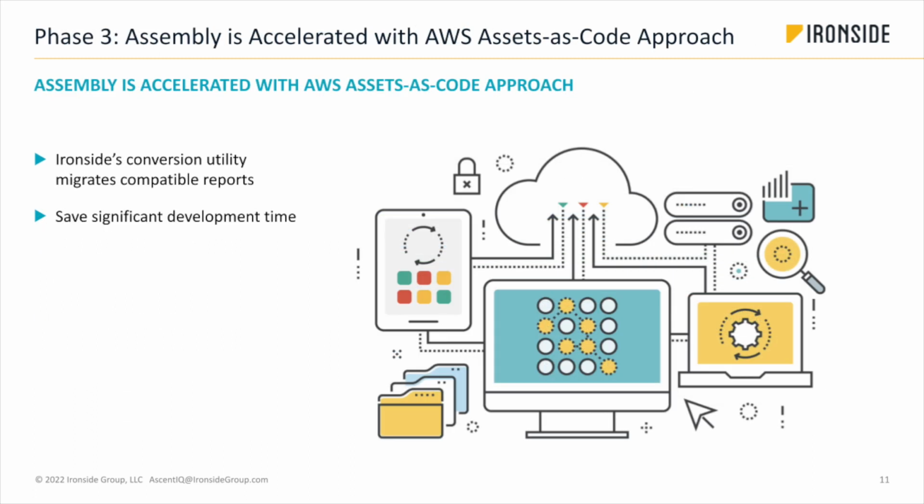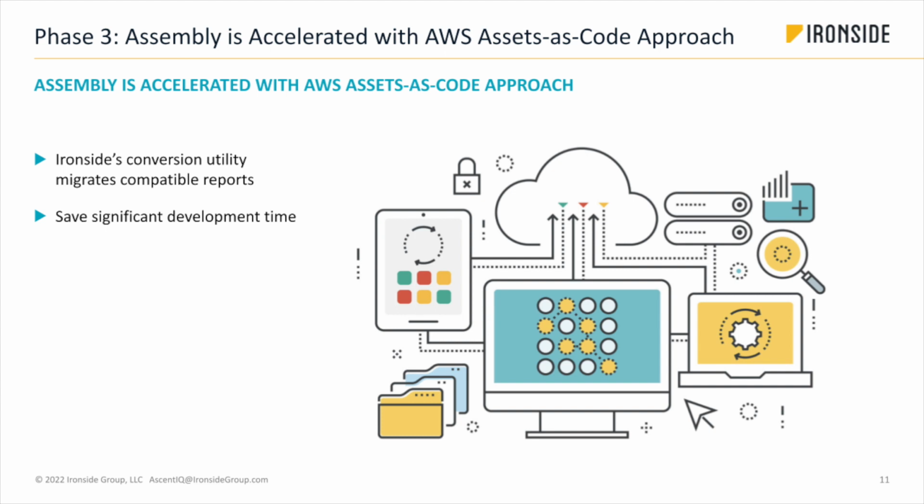And then we're going to go and try as much as we can to do this with assets as code, this automation piece. So if you imagine you've got 10,000 reports, if we can do automation and take care of maybe 60% of 10,000 reports, that's a huge time saver. Even if we still have to touch many of those in that hybrid approach, it's much better than having developers do all 10,000 manually. If you think about even setting up names and analyses templates, and the amount of time it would take just to create folder structure for this, it's just a huge amount of time when you're talking about doing things at scale.